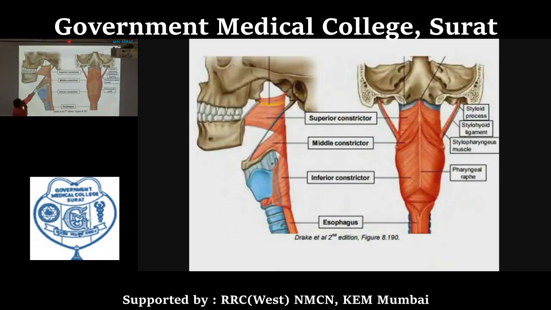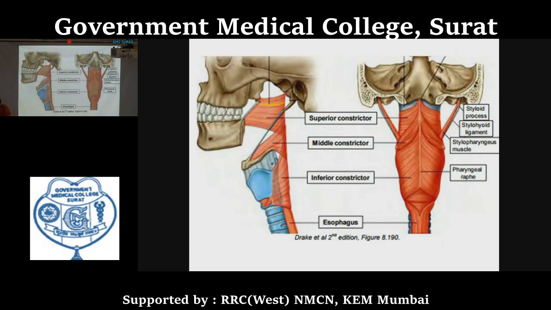Now this stylopharyngeus muscle, in this image you can see, arises from the styloid process and passes towards the wall of the pharynx. So these three pharyngeus muscles, the salpingopharyngeus, stylopharyngeus, and palatopharyngeus, have different origins, which are indicated in the names of those muscles, but the insertion is the same. As I explained, a few fibers of these muscles are lost in the wall of the pharynx, and some other fibers have an insertion over the posterior border of the lamina of the thyroid cartilage. So this is all about the pharyngeal musculature.